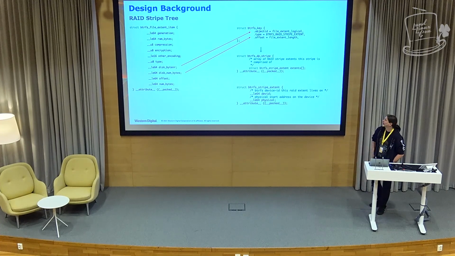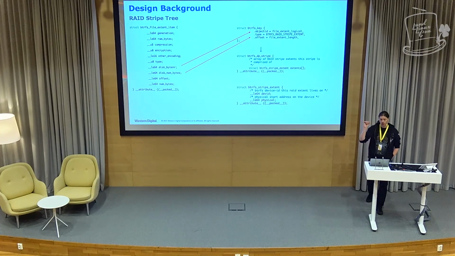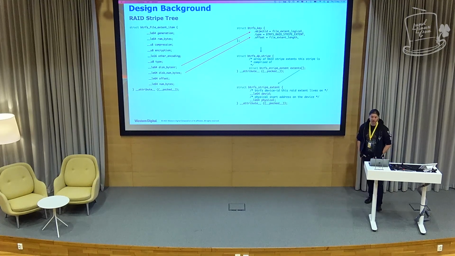This then gets us a DP stripe, or a BTRFS distributed parity stripe, which has several extents in it, and maps back to that